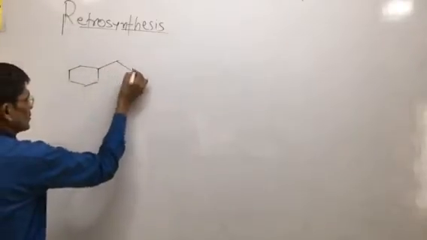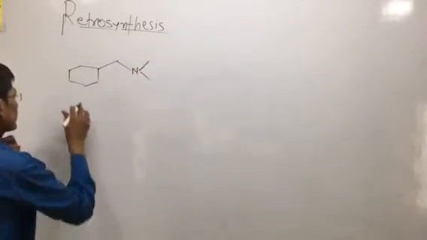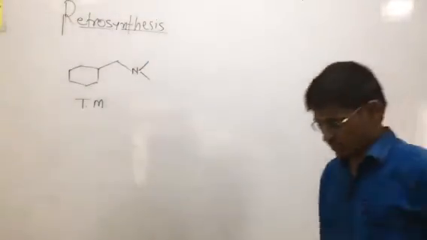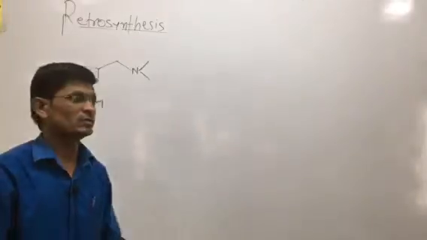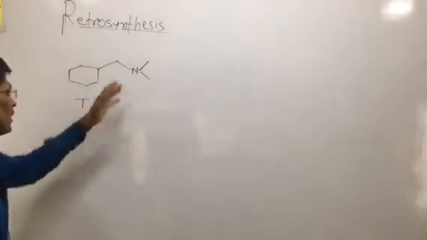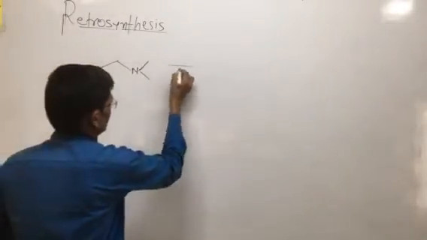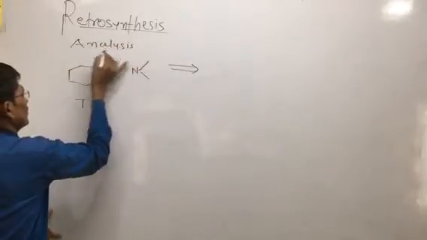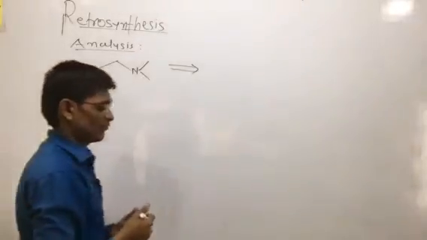Let us continue our parts on retrosynthesis. If we have to provide such a target molecule, what is the plan of synthesis? Before that we must do the analysis, and before that we need to know which types of functional groups are present in the given compound. So first we want the analysis. What is the analysis plan of the given target molecule?